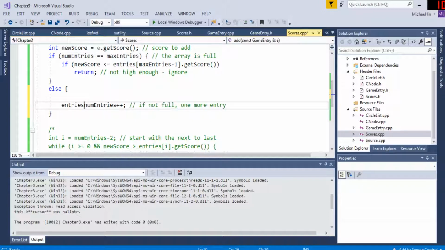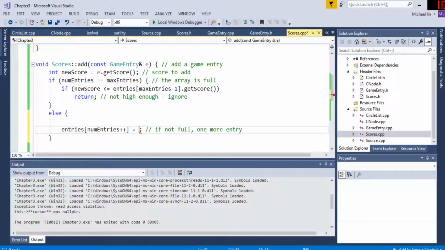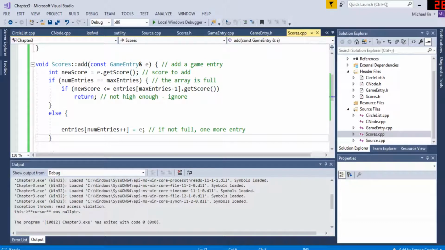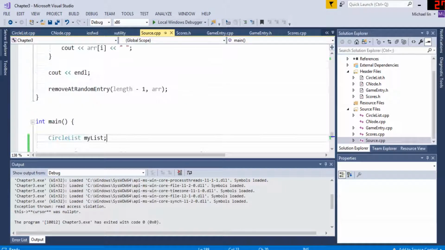Entries at the number of entries plus plus is going to equal E, the new score, E. That's it. That's all you have to do. I'm pretty sure this would work, assuming that we're still between 0 and n minus 1, between 0 and length. That's what we're doing. So let's just go back to source and let's create a